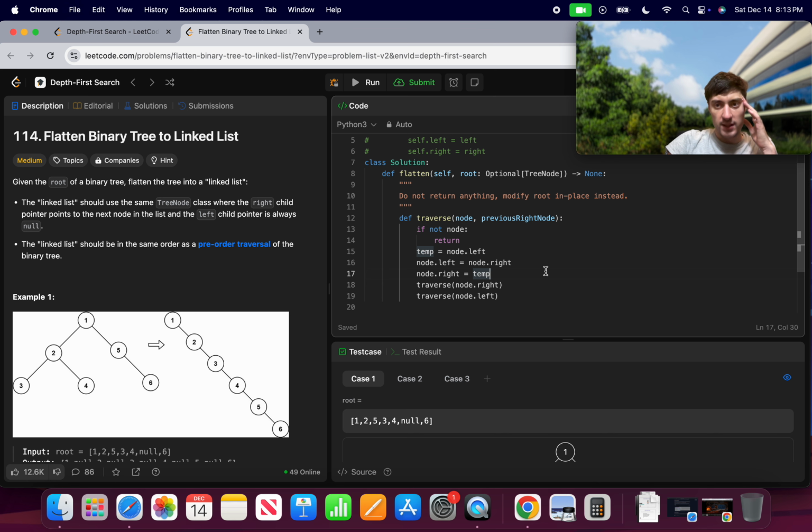The problem really is the fact that when I'm flipping all these things around, I'm losing track of what was where. And then when I'm coming back up, I'm also losing track of the value that I need to append its right child, where